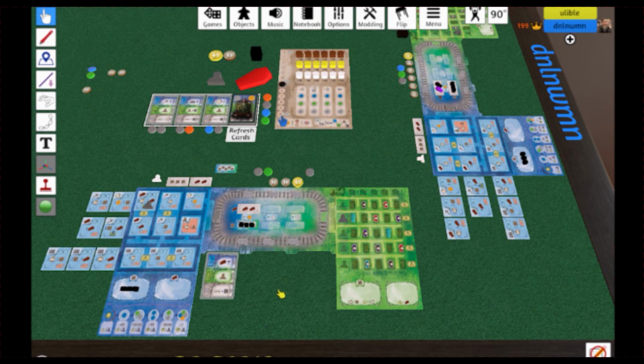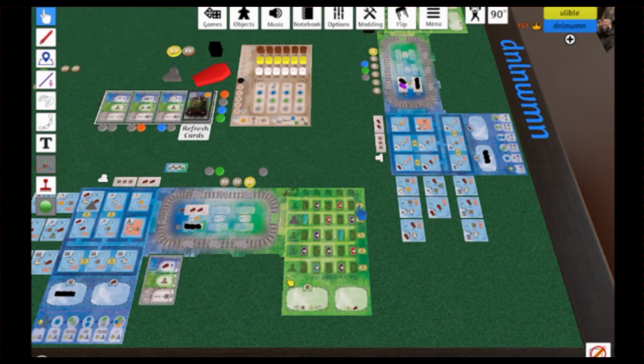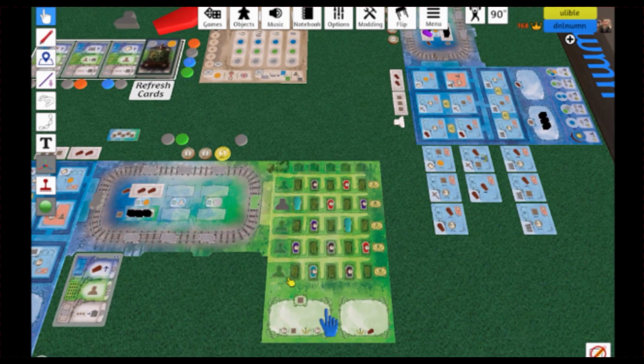You go through the next 6 rounds. At the end, you get one last movement of your train to whatever the next station is, unless you're already at one, and then carry out that action. And then you do final scoring, which I mentioned is a combination of rows completed, the column scoring, which has